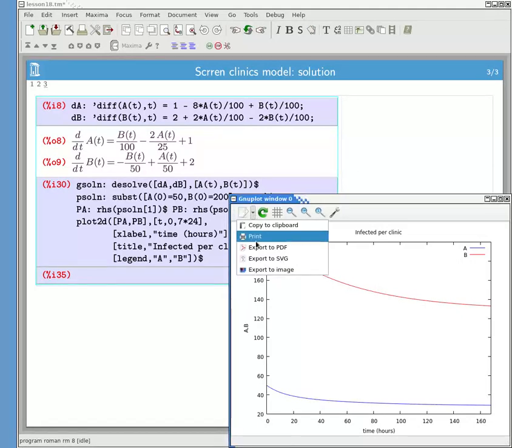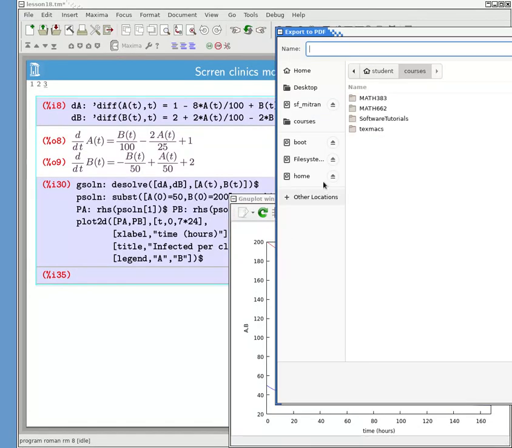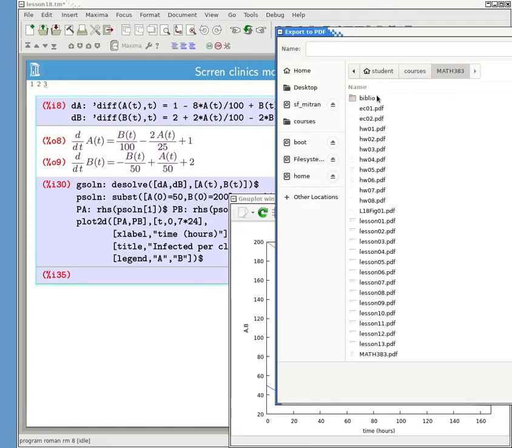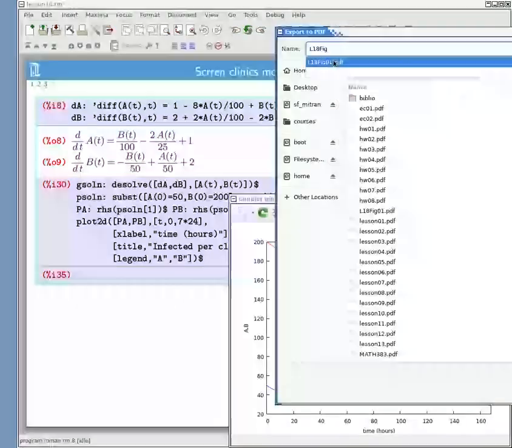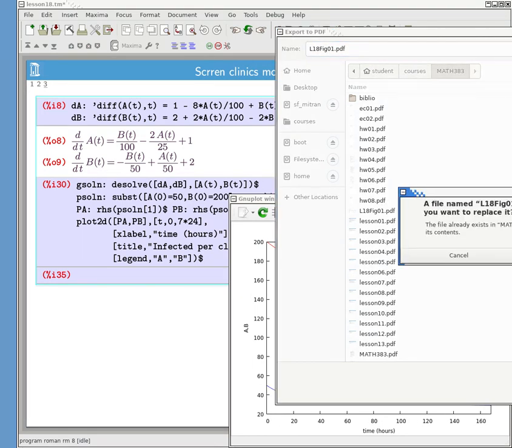Let's just save this plot and we'll put it in our course. So this is going to be lesson 18, figure 01. We'll save it,